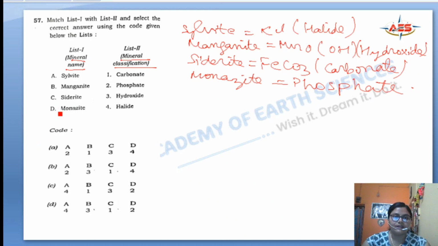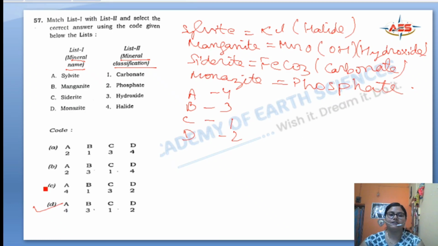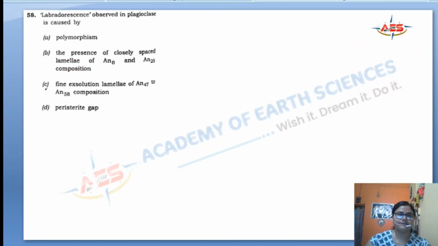Okay, now in this case, sylvite, that is A, will be a halide, that is 4. B, manganite, a hydroxide, 3. C, siderite, a carbonate, 1, and D will be phosphate, 2. So 4, 3, 1, 2. Where is the answer? D. Answer D is correct for question number 57. Okay. Next question is question number